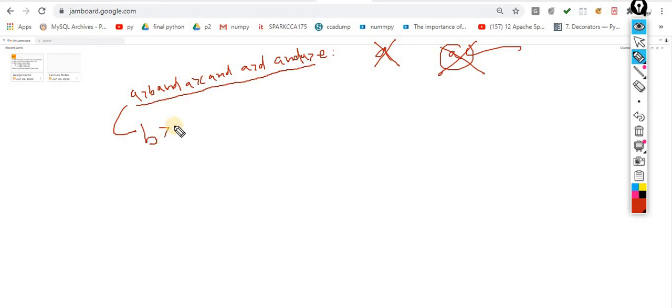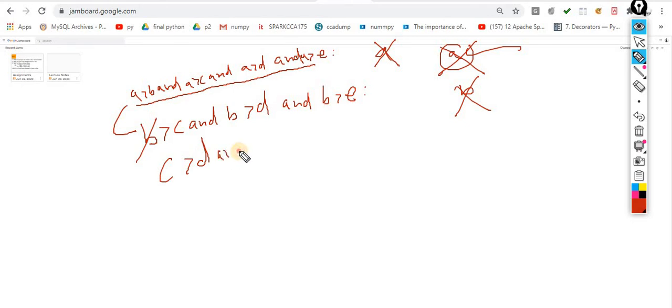Now I have to check B greater than C and B greater than D and B greater than E. If any one condition fails, B is out of the game. There is no need for B. Then what do we have left? C greater than D and C greater than E. If any condition is false, then C is out of the game. What is left? D greater than E.